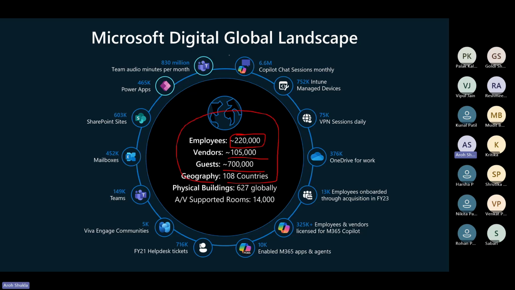Now think about the landscape of Microsoft. How many Copilot sessions they do, how many OneDrive or different work agents they work with. So you can see the scale. I'm not saying your organization is that huge. I'm talking about an organization of maybe 3,500 or 5,000 users. Yours could be just 10, 15 or 1,000, depending on the use case. But security and compliance cut across everything, and should be part of it.